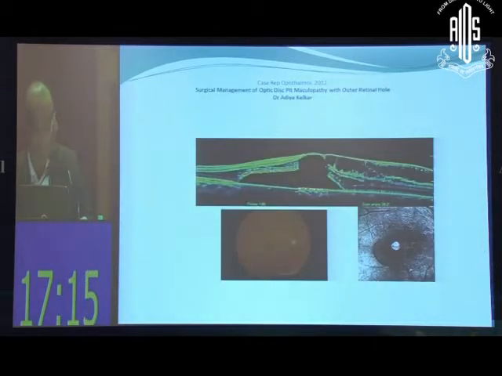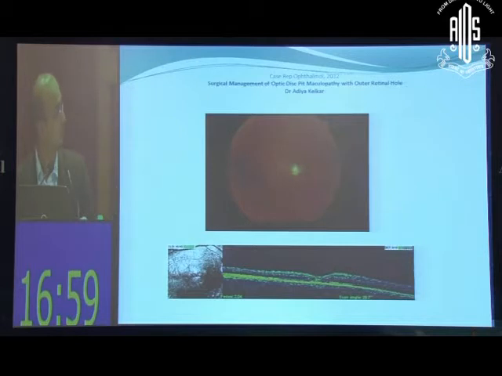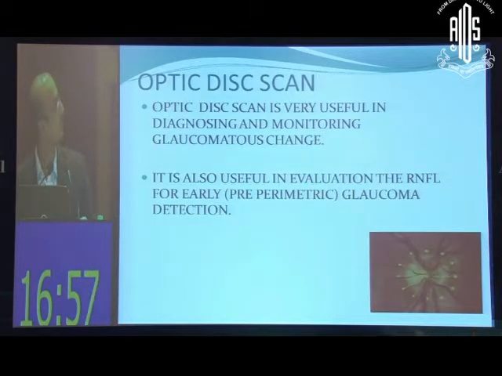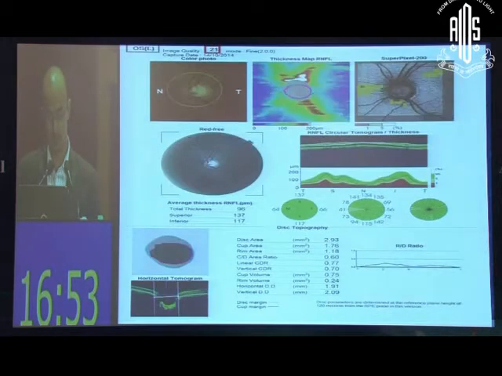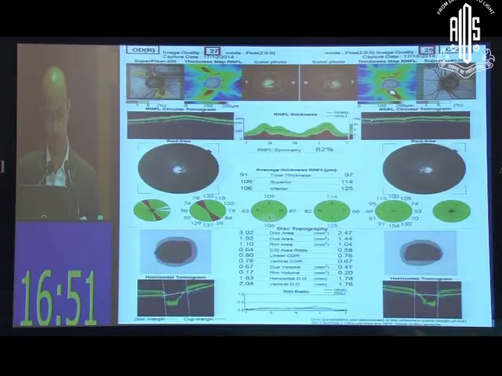This is another interesting patient who has developed an optic disc pit. Although the inner part of the retina is intact, there's defect in the outer retinal layer. So you can also detect the outer retinal layer holes with the help of OCT, and generally a surgical management in such a patient would do good to the patient. I don't think I should be going into the disc scans because Dr. Sood has already covered it in detail.